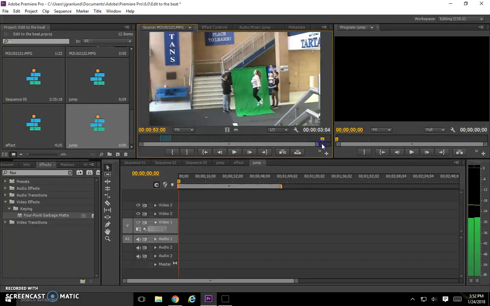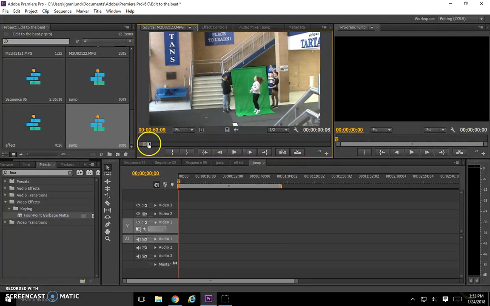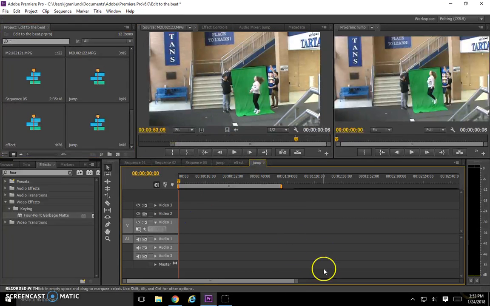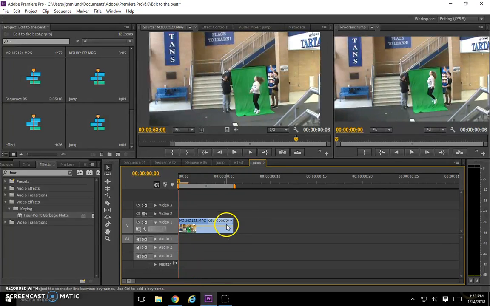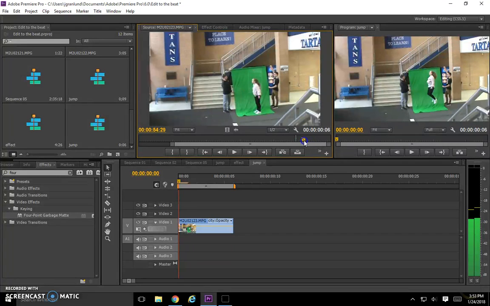And we're going to do two things. We're going to use 4-point garbage mat, and we're going to use Ultra Key, and we want to get her just as she's coming down like that. So from there to right before she touches the ground, it's a very small sliver. We're going to take that, change sequence settings. Okay, it's like 4 or 5 frames here, and then we're going to go to the next time she jumps